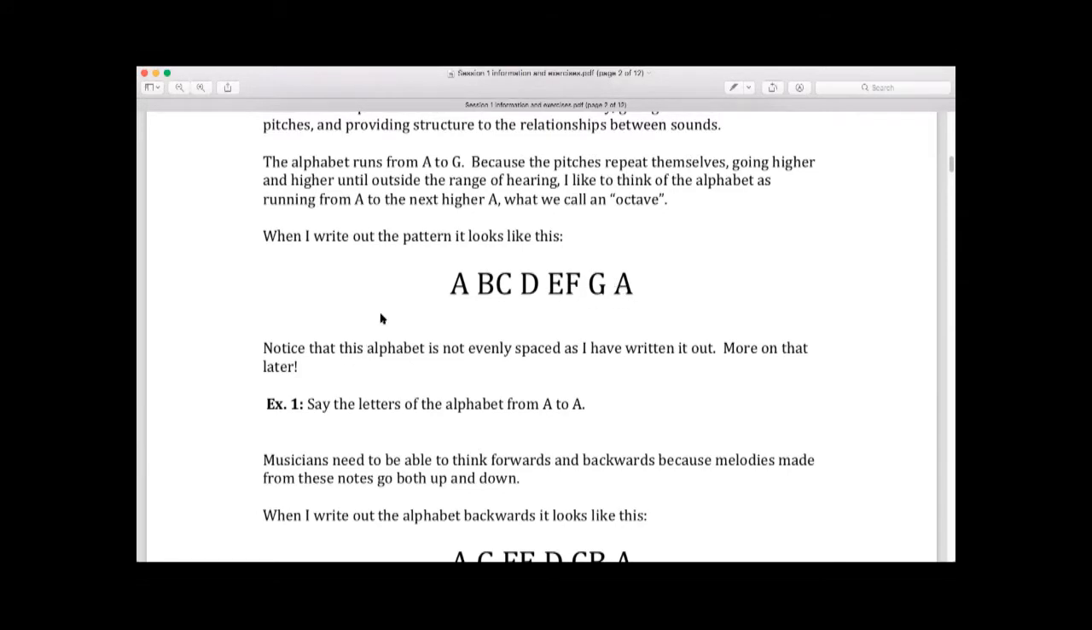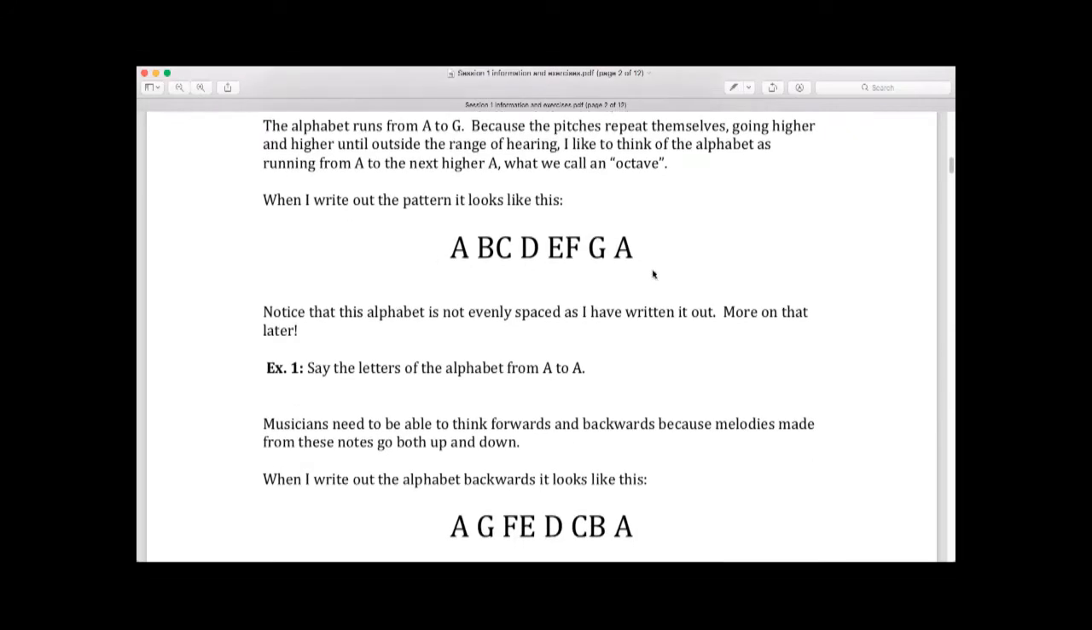Now notice this alphabet that I've written out, and that it is not evenly spaced. So we get A, a wide space, B, C, a wide space, D, E, narrow space, etc. This is extremely important, especially when we're looking at our strings or anything in music, to understand this pattern. And as we go,